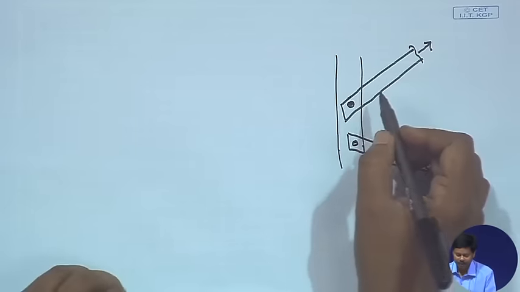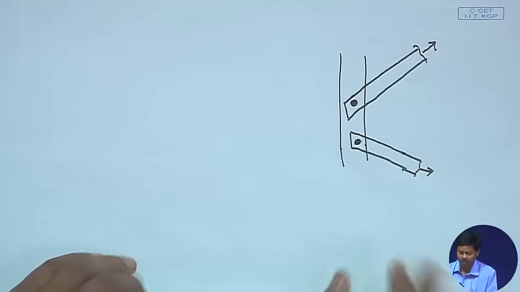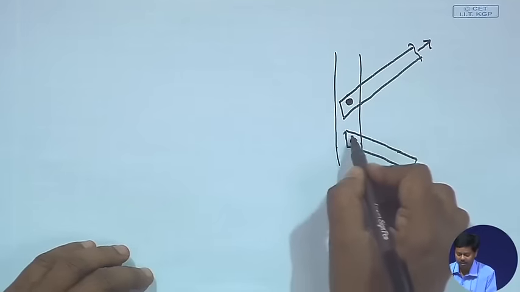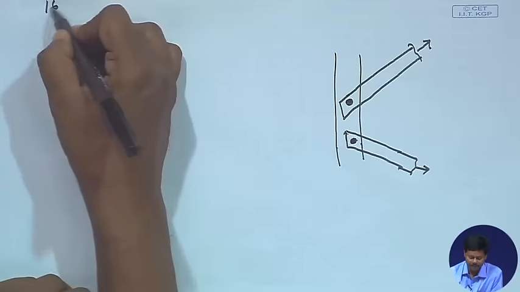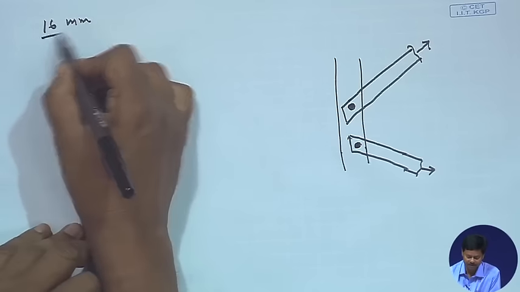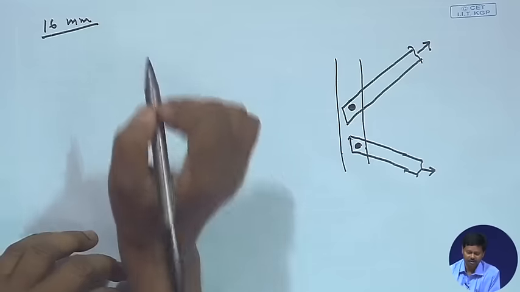Now, we have to first find out what will be the bolt strength of the member, right. So, if we use a 16 mm bolt,